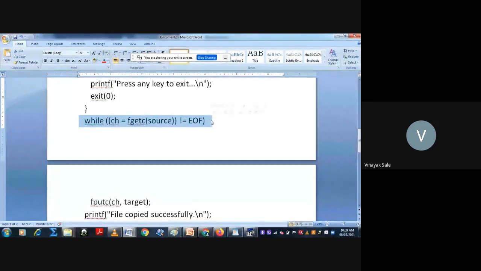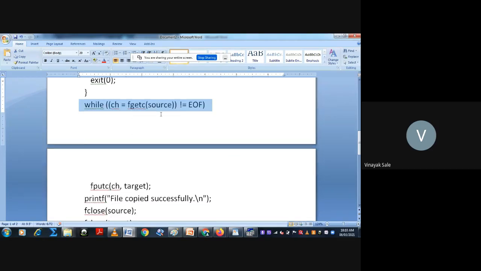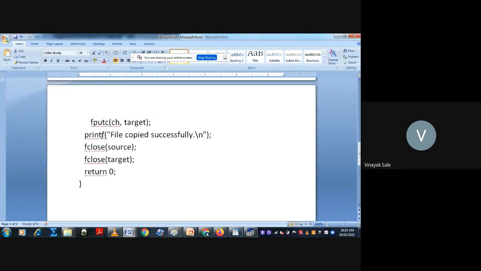The character is copied from source until end of file, and then fputc, that is write the character to the target, and when this is completed, the file is copied successfully. Then fclose source, fclose target. This is the whole program.